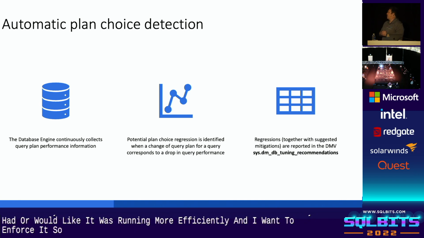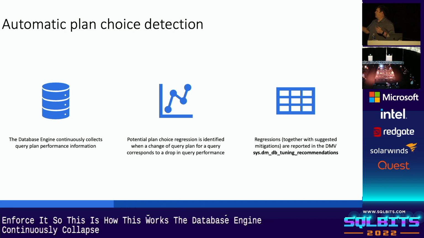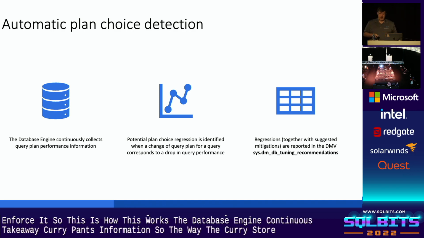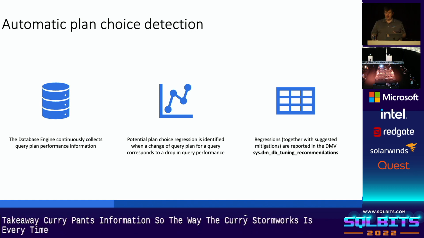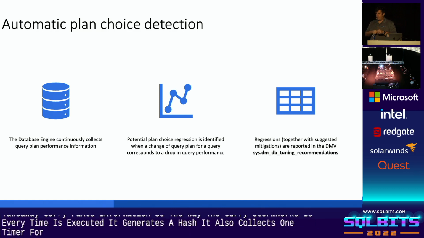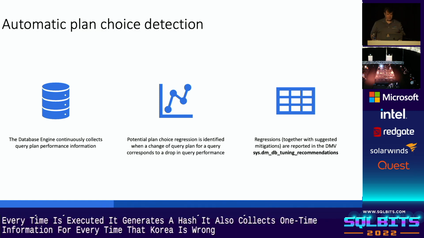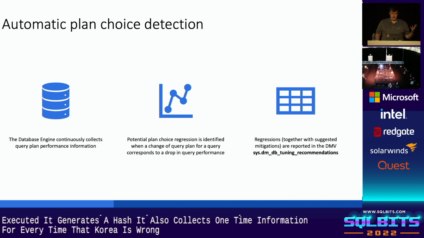So this is how this works. The database engine continuously collects query plan performance information. The way the query store works is every time a new query is executed, it generates a hash, and it also collects runtime information for every time that query is run. If the query regresses by more than 25% in CPU seconds over the course of 15 executions, which I think could be a little tighter, but I didn't write the feature,